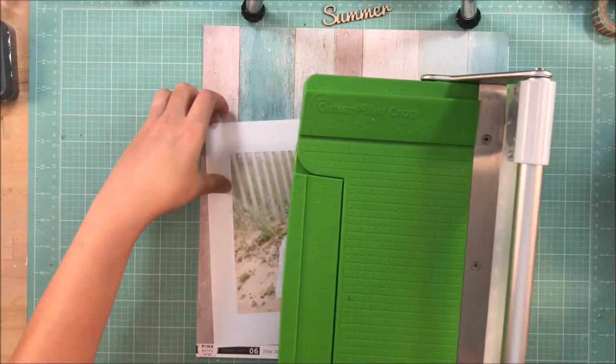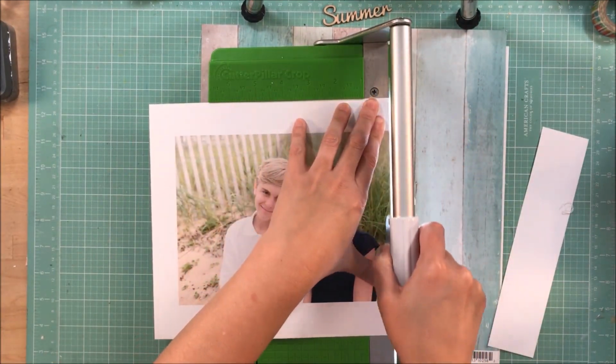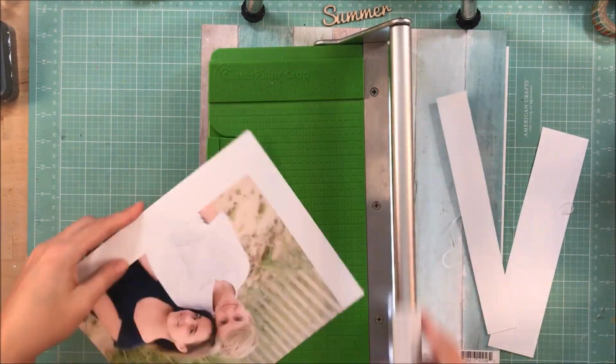Guys, this is Kelly. I am back with a process video. This layout is for Coco Daisy and it is for their Designer's Challenge, which was to use a large photo